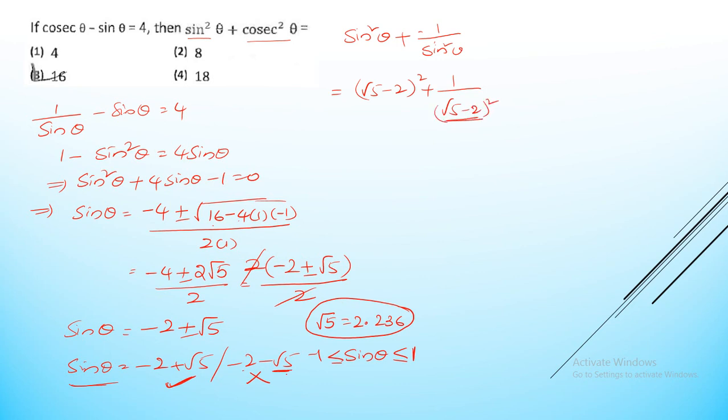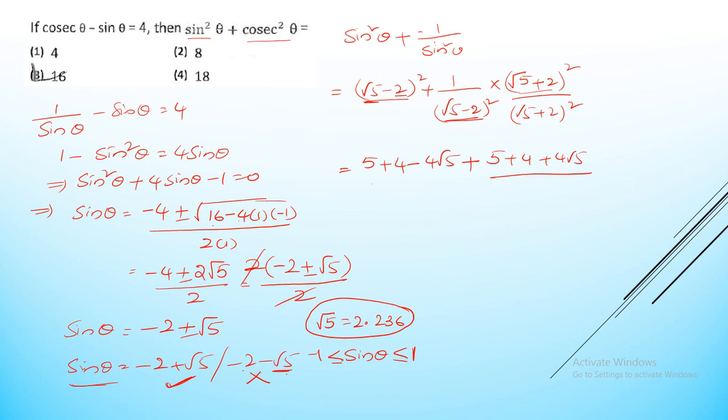Now since in the denominator I am having an irrational number, what I am going to do is rationalize. So what is the rationalizing factor? Root 5 plus 2 whole square by root 5 plus 2 whole square. Now on expansion, what am I going to get here? So this becomes 5 plus 4, so root 5 whole square is 5, 2 whole square is 4, minus 2 2s are 4 root 5. So here I am going to get minus 4 root 5 plus, here if you observe, this is nothing but the conjugate of this only, no? So it is nothing but the conjugate of this, then this becomes 5 plus 4 root 5 whole divided by